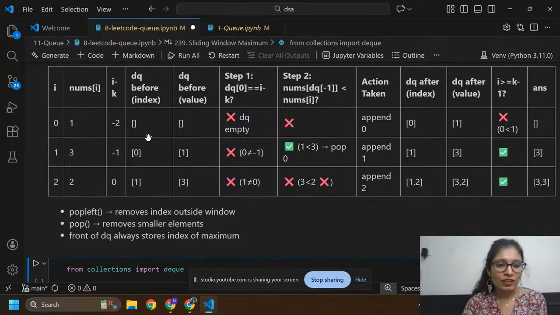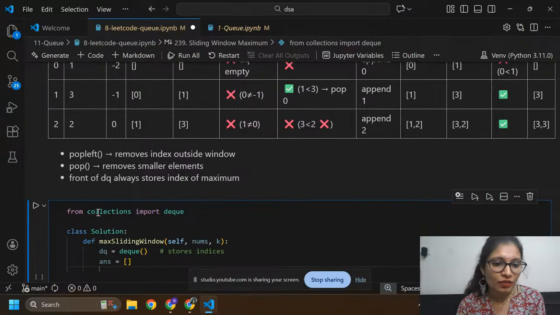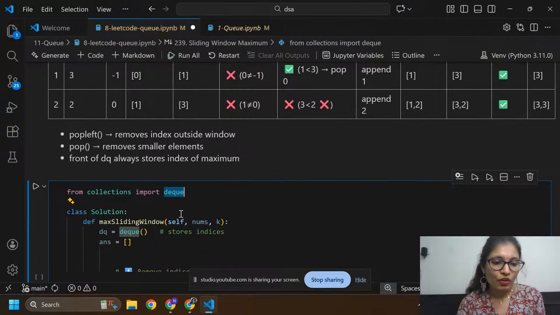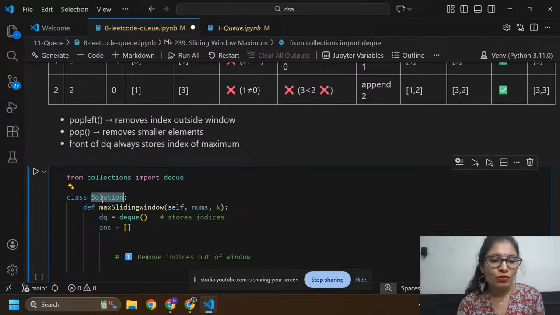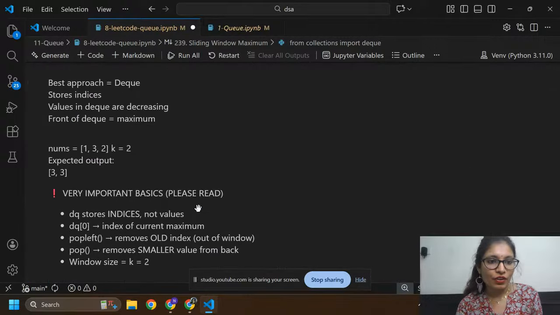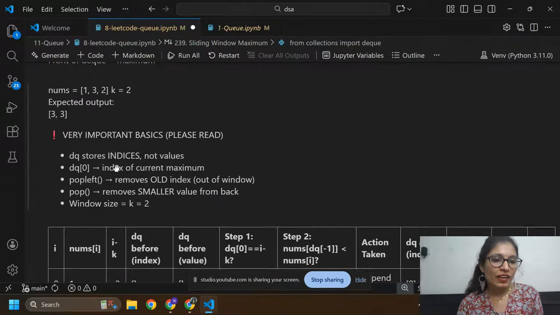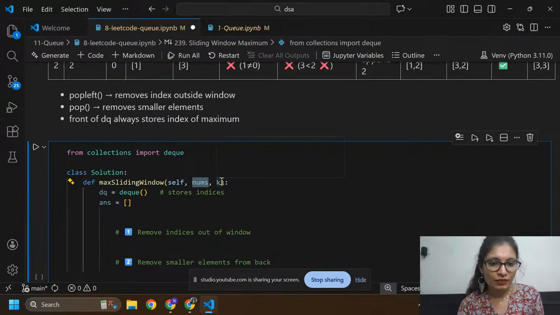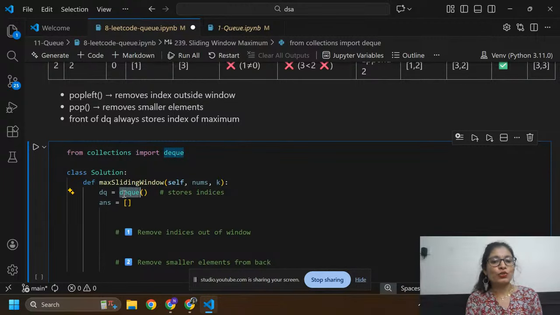So here I'm going to import deque from collections. This class and this function are already given in LeetCode. nums means the array; I have 1 3 2, and k equals 2, that is the window size. The deque is initially empty, and it is used to store the indices.